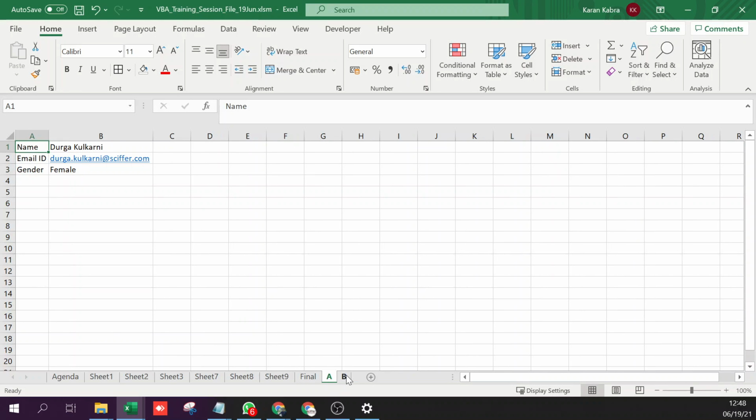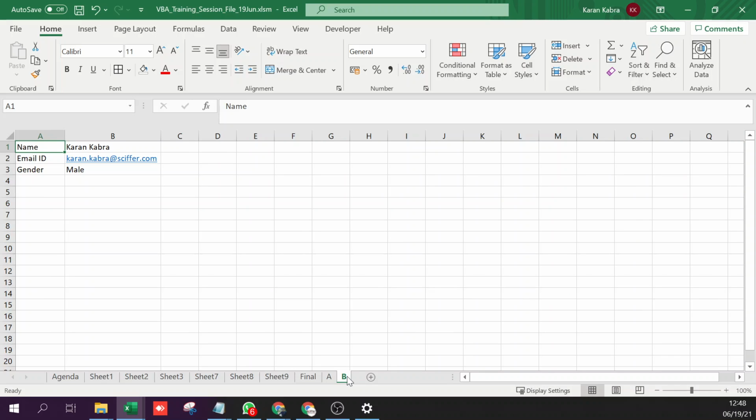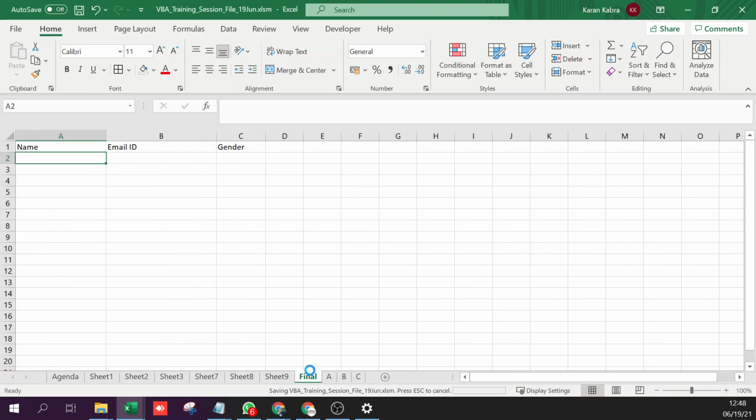You have to only loop the sheets here. Say there are 3 sheets, you have to loop the sheets. So 1, 2, 3, 4, 5, 6, 7, 8, 9, 10, 11. So 9 to 11, I will just simply loop the sheets.